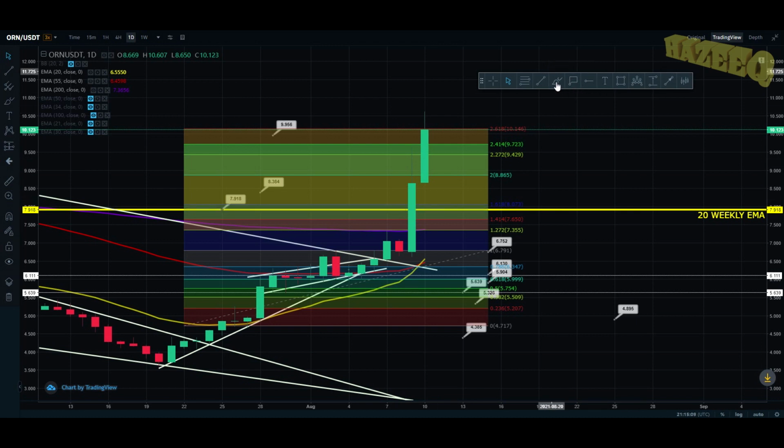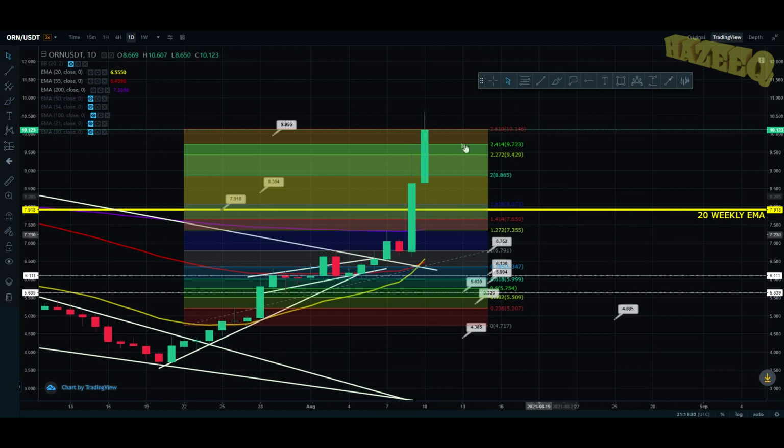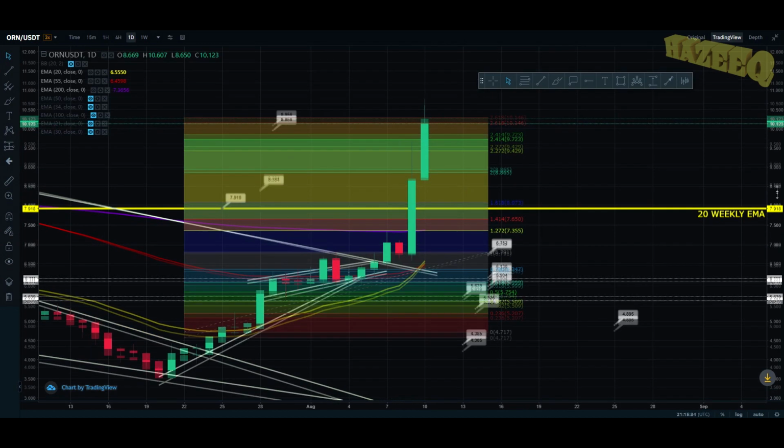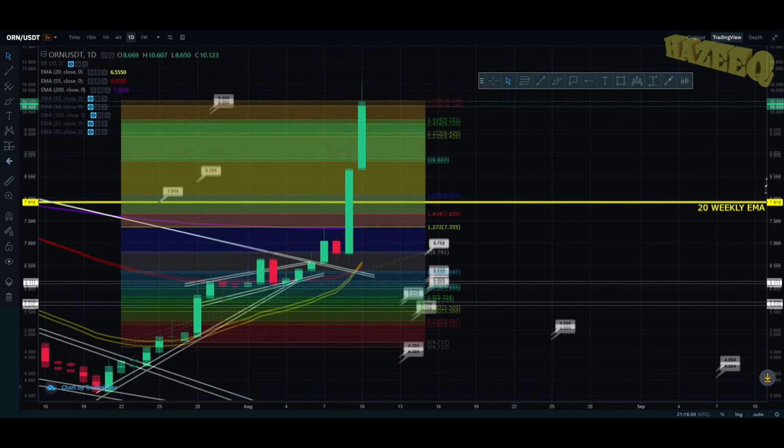So the best opportunity that you're going to get if you're sitting on the sidelines and waiting for a nice entry on Orion Protocol is this 20 weekly EMA, your best friend. That is sitting at $7.90 at the minute, somewhere around that price. So put some bits into Orion at this price, because we're a bit overextended. We're gonna come back down. That's not 100%. I'm not telling you that this is gonna happen, but